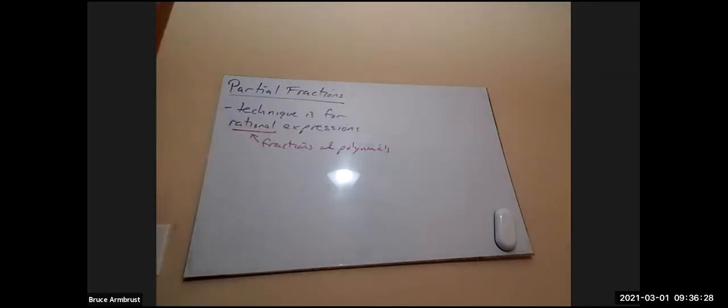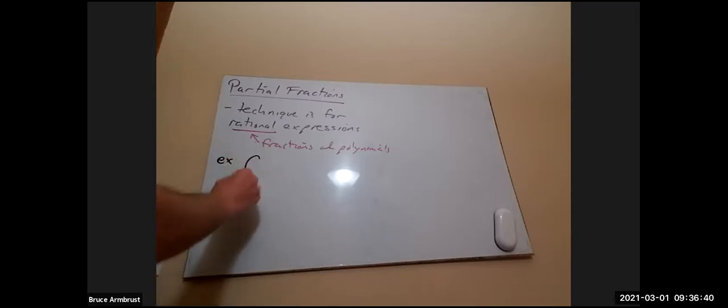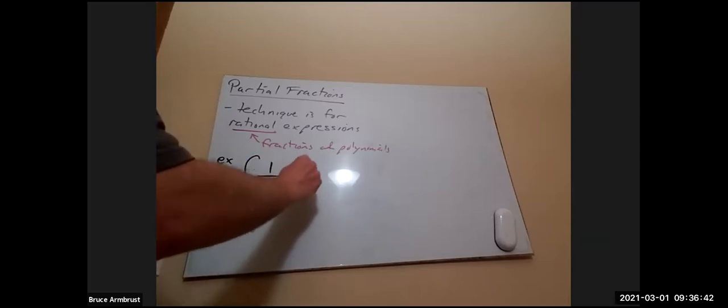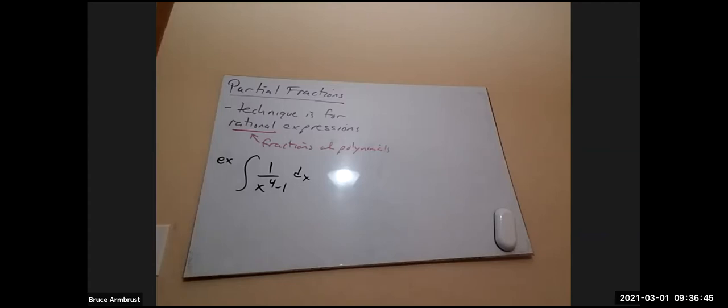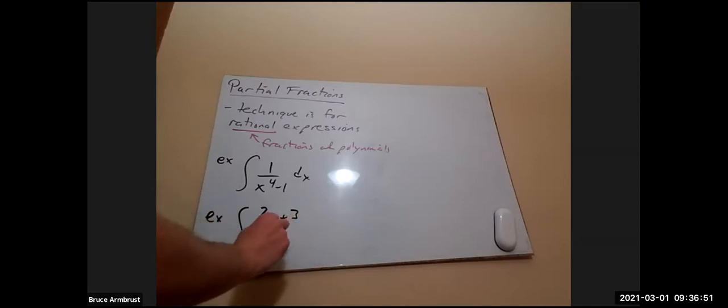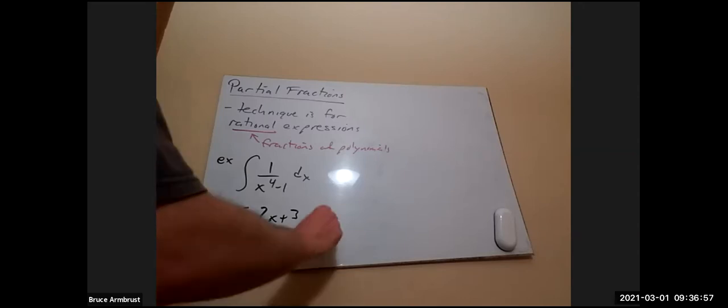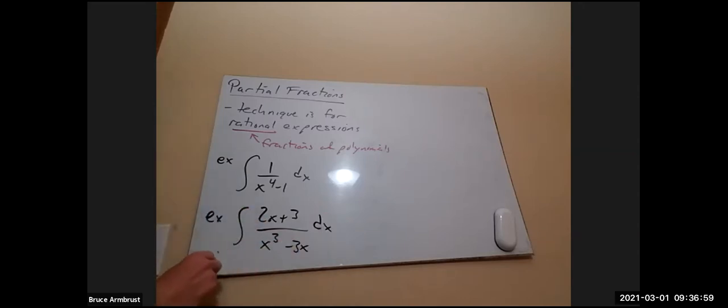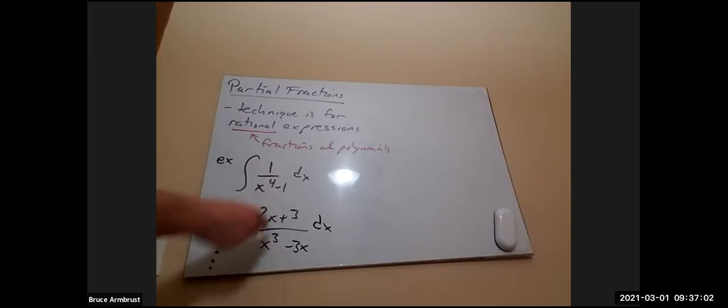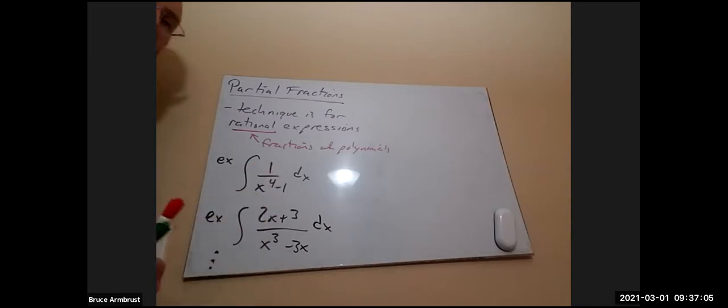Okay, so we're going to use this technique for things like, what if we have 1 over x to the 4th minus 1, or (2x plus 3) over (x cubed minus 3x), or... Okay, so when we have fractions of polynomials, rational expressions, this is where partial fractions is going